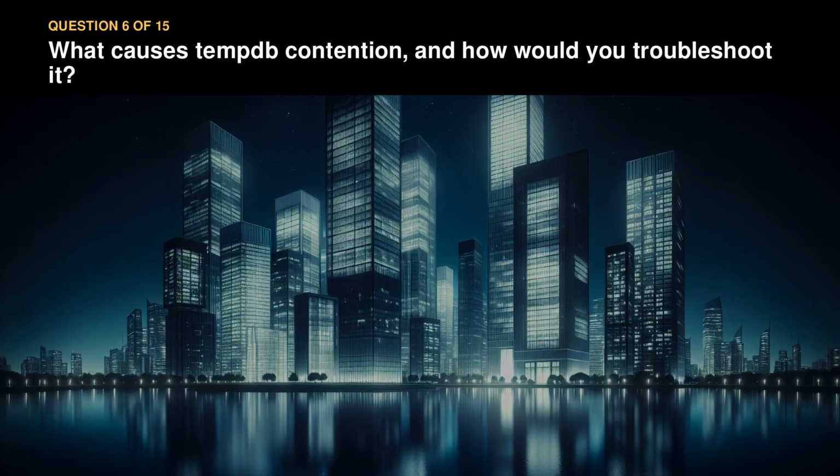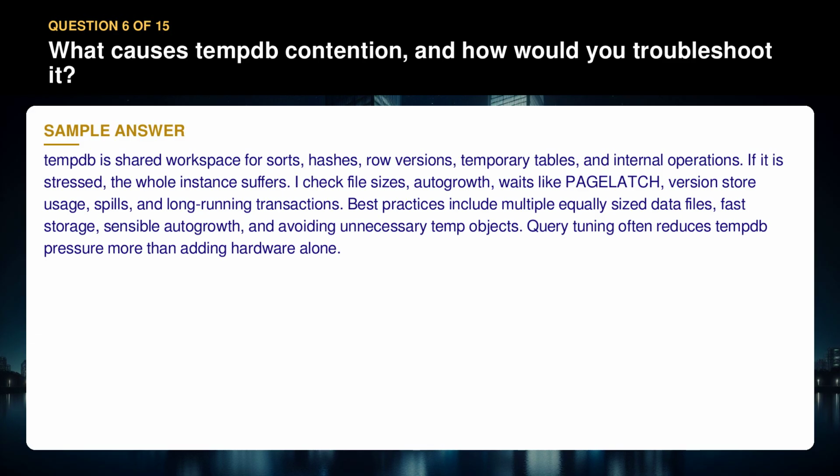Question 6. What causes tempdb contention, and how would you troubleshoot it? Tempdb is shared workspace for sorts, hashes, row versions, temporary tables, and internal operations. If it is stressed, the whole instance suffers. I check file sizes, auto-growth, waits like page latch, version store usage, spills, and long-running